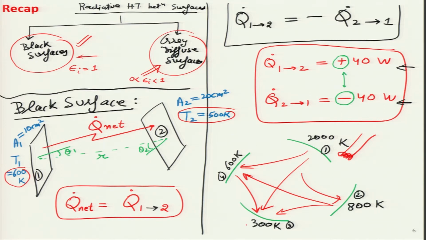So, if you remember, for black surfaces, we wanted to figure out, if there are two surfaces as shown over here, surface 1 and surface 2. These are two general surfaces having certain areas A1, A2. We assume the temperature of surface 1 is greater than surface 2. Then we wanted to figure out, first qualitatively and then quantitatively, what the net rate of heat transfer between these two surfaces is going to be.